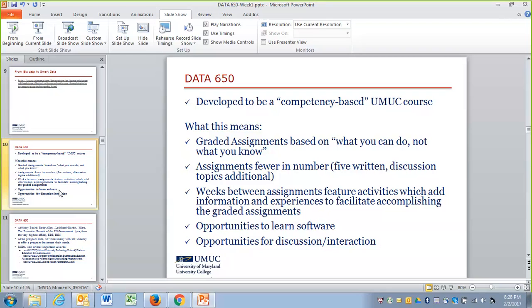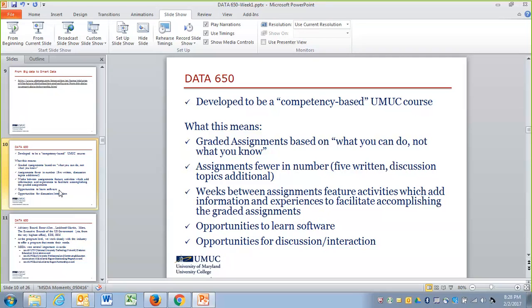Moreover, as part of the Master of Science in Data Analytics, this course is designed to be competence-based. As a competence-based course, we evaluate you on a project basis, and you have seen this all over the program. What does that mean? You have to learn. You have the same learning material as in a traditional course, but we are not giving an exam to assess what you have learned.